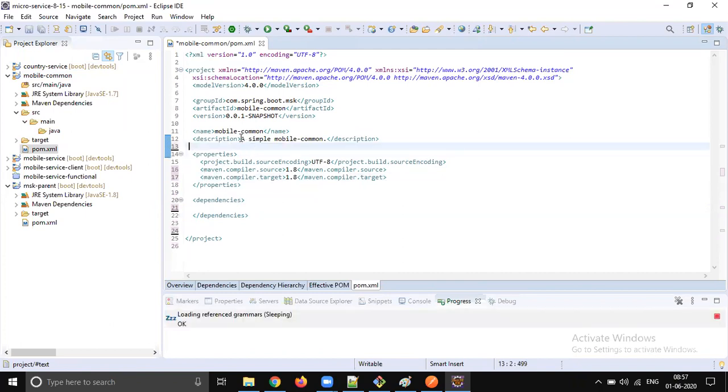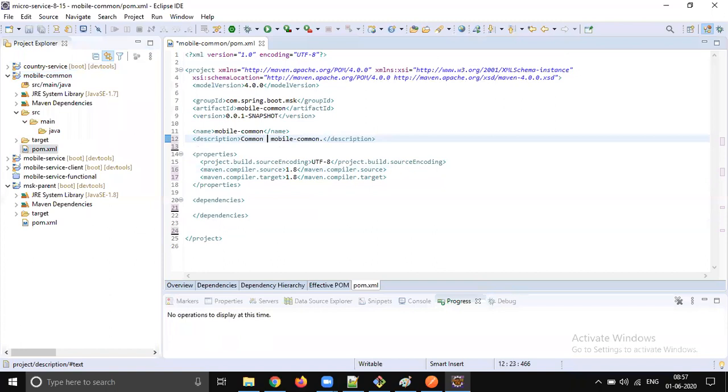Change the description to common files used across all microservices. Fine. Let it be boot MSK.